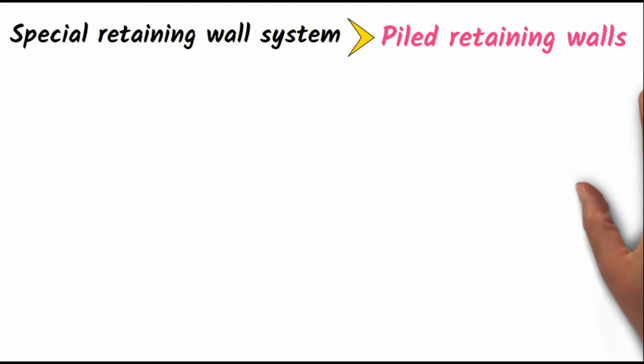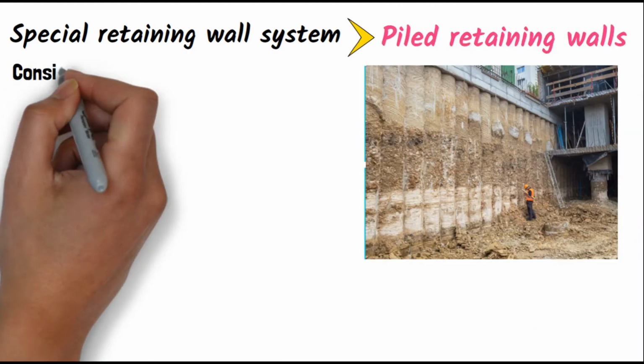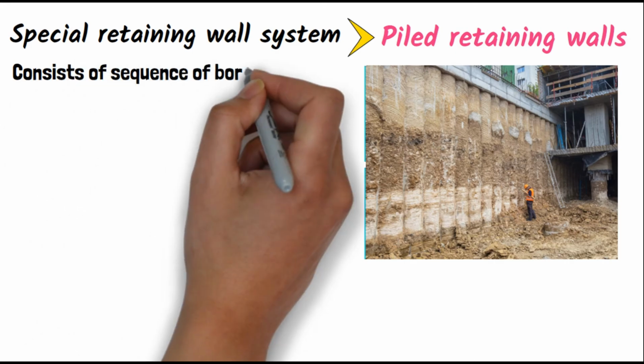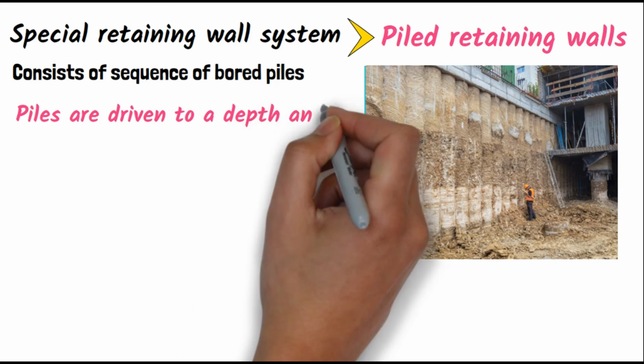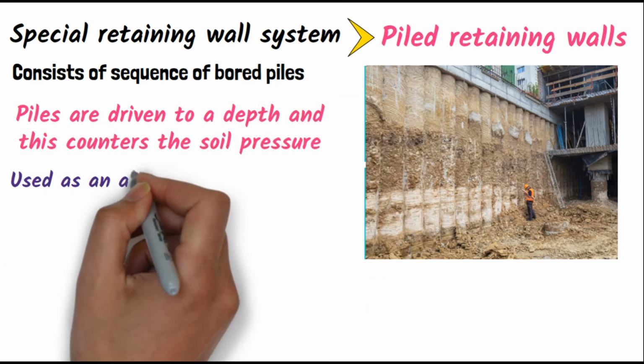Next type of special retaining wall system is the pile retaining wall system. Pile retaining wall system is used as an alternative to the sheet pile system. They consist of a sequence of bored piles like what is shown in this particular picture. Piles are driven to a depth, and this counters the soil pressure, and they are basically used as an alternative